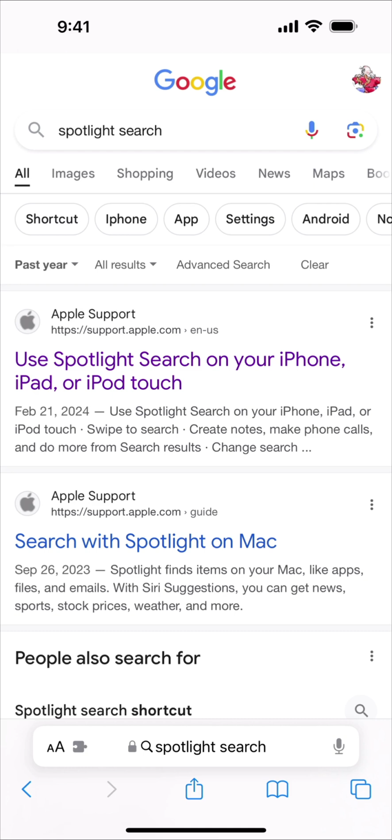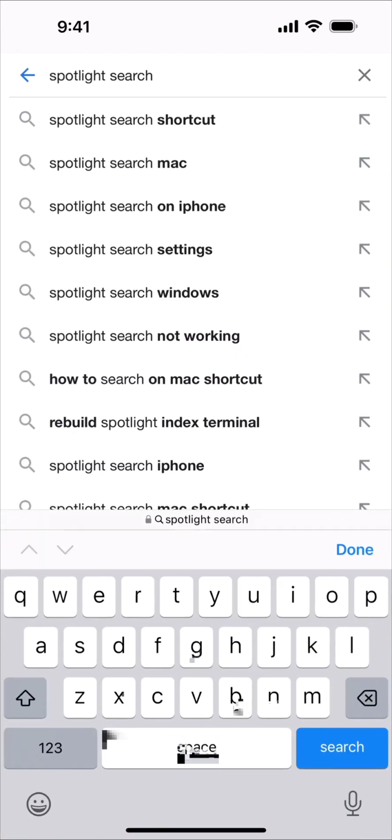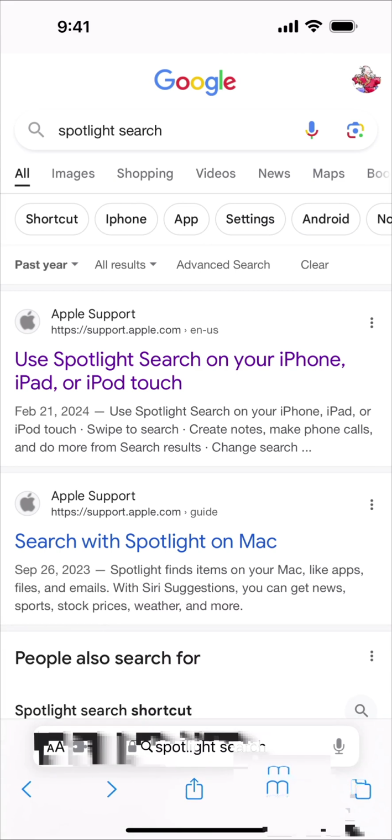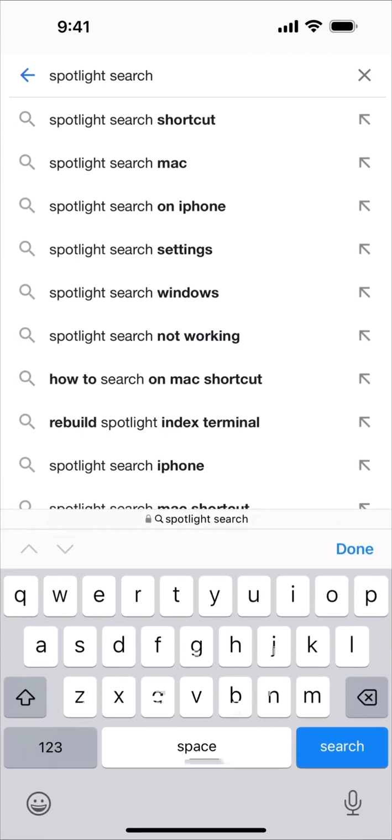So instead of searching the whole internet for information, it searches something like support.apple.com. So if we go up here and put in front of it site colon